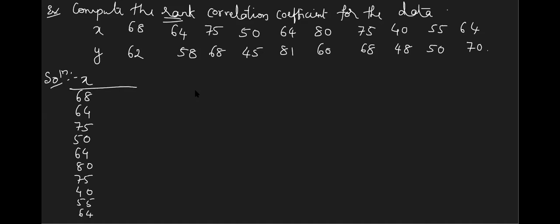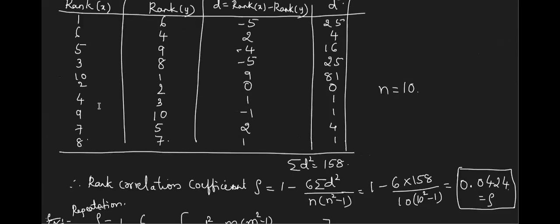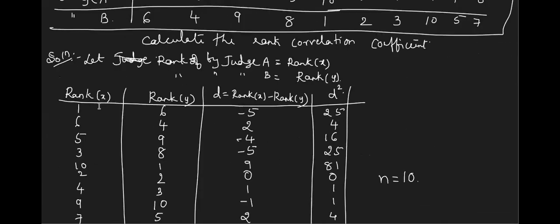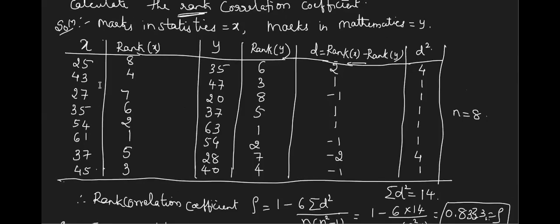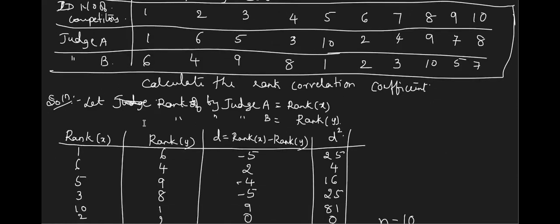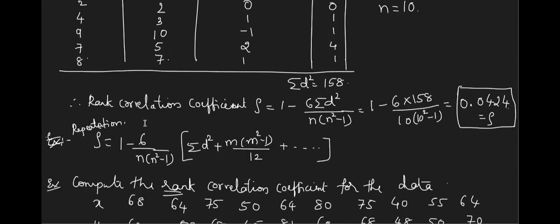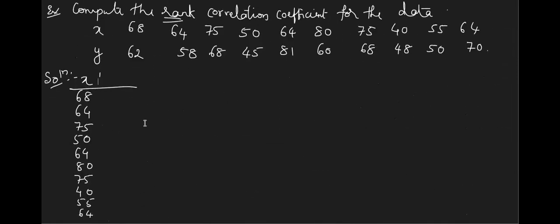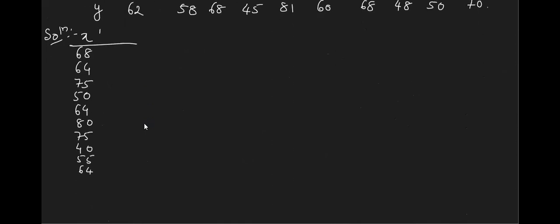Now tell me, like the previous example, here we have taken the same set of values as rank itself, and before this example we have assigned one more thing as a rank. So shall I apply according to this first example, or shall I follow the second example? First example, ma'am, because these are not given between 1 to 10. Okay, so you need to prepare a column for rank of X.